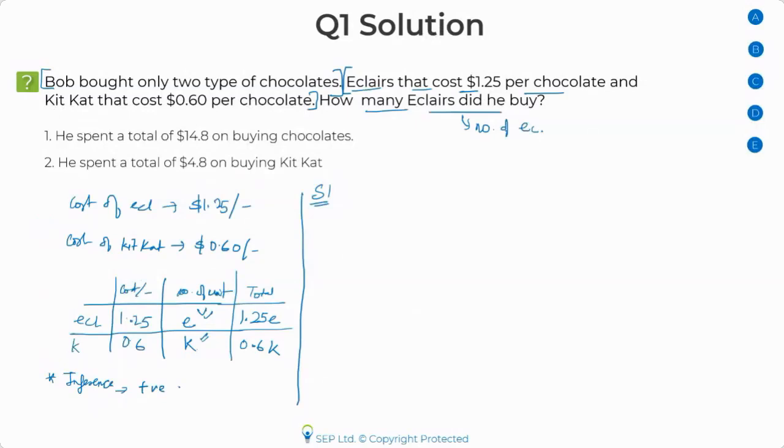I'm going to write that they are positive integers. Okay, I'm going to mention that. So that's one piece of information which, as I told you, are implicit inferences that you should be able to draw. They won't be mentioned directly, but you have to do that because these can help you get your answer. Now, let's go to the first statement.